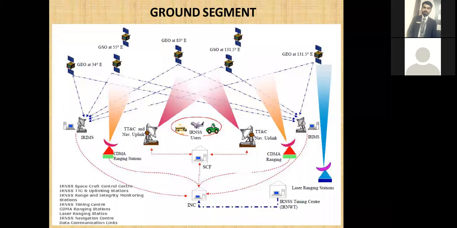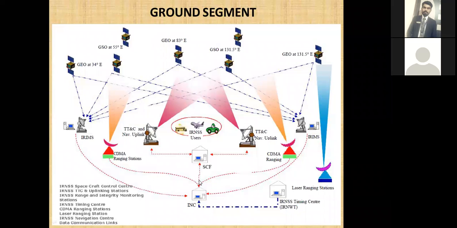Then, because the IRIMS is doing the one-way range measurement, and the clock at the IRIMS station and the clock at the satellites are different, there will be error because of the clock. So we have a CDMA ranging station which provides true ranges. Means the timing stamp and receiving stamp are from the same clock, which is at the receiver. So this CDMA ranging station will send a signal to the satellite and again receive the signal from the satellite, and then compute the range and then apply trilateration or another method for computing the orbit of the satellites.